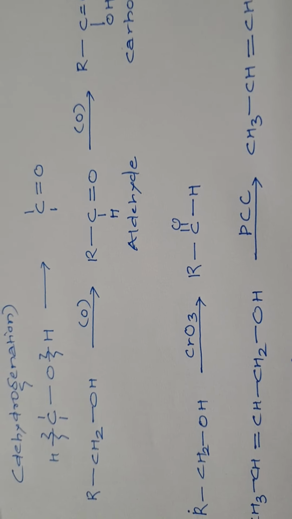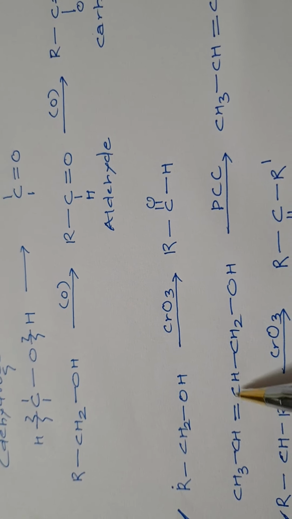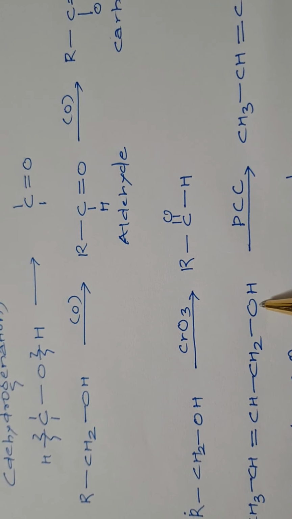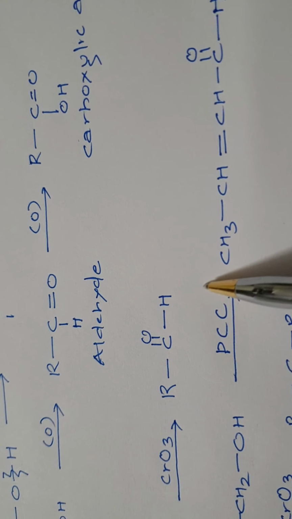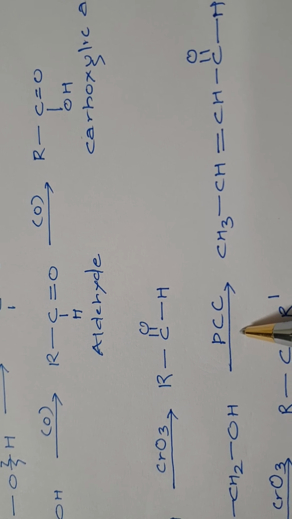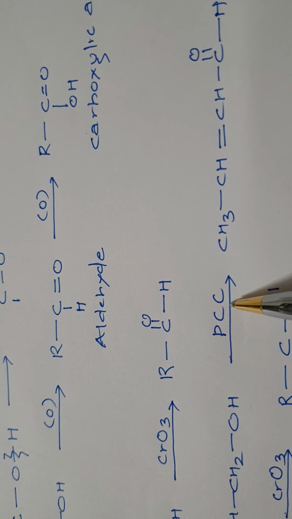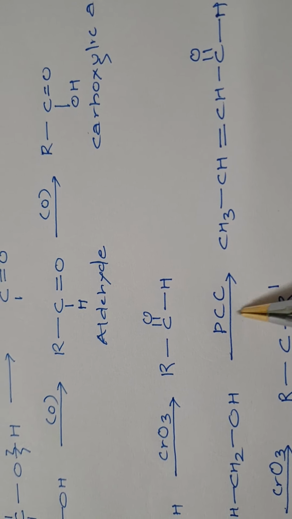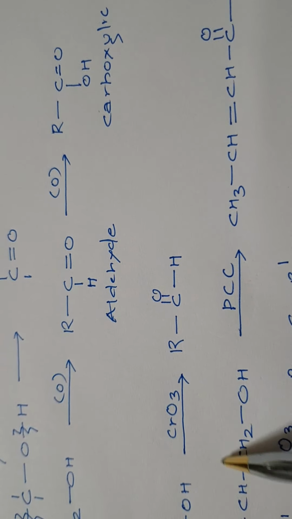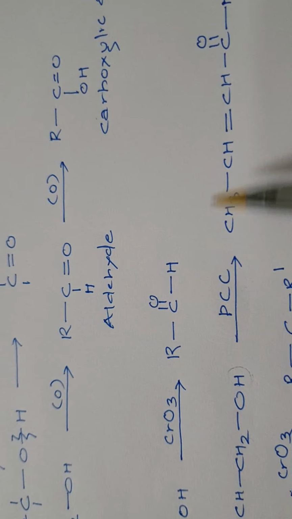We are seeing one more reaction here, in which we have prop-2-en-1-ol as our example. So, this is our starting reactant. We are making use of an interesting oxidizing agent, that is PCC, pyridinium chlorochromate. Note that this again shows its nature of carrying out oxidation. There is removal of hydrogen from here, there is removal of hydrogen from here,